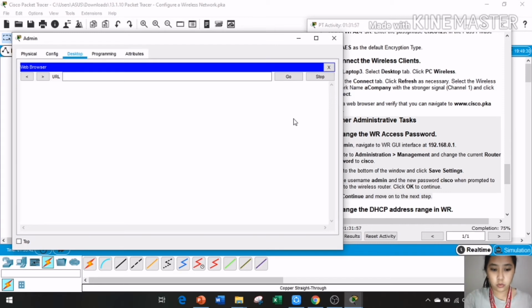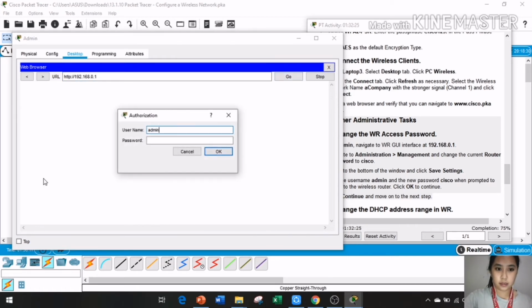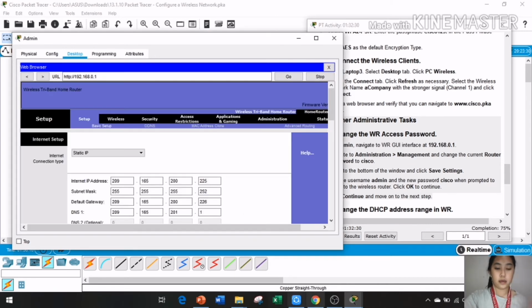Enter 192.168.0.1. Click go. Username admin, password admin. Okay. So as you can see here,